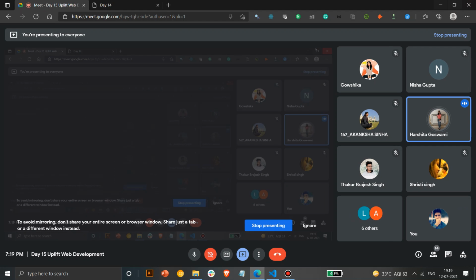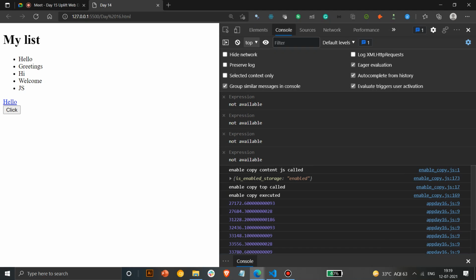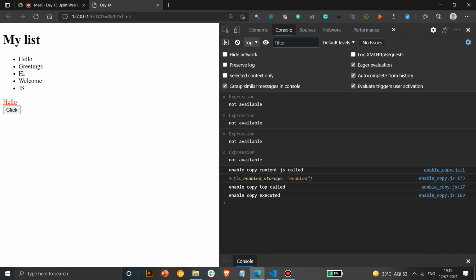So what does the decimal point imply here in the timestamp? This is milliseconds, basically ms. This complete quantity is in ms, and the fractional part is a very small amount, so it would be microseconds, something like 10 power minus 6. It records the time at which you clicked, starting from the page load. So if I refresh the browser and click it initially, the time will be less.